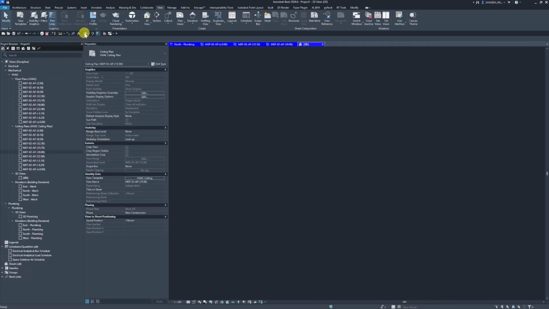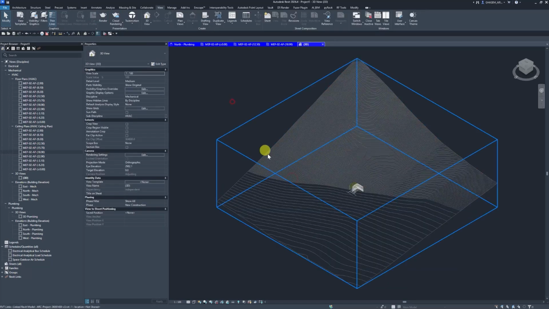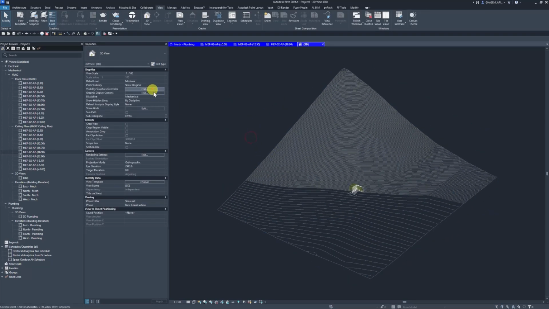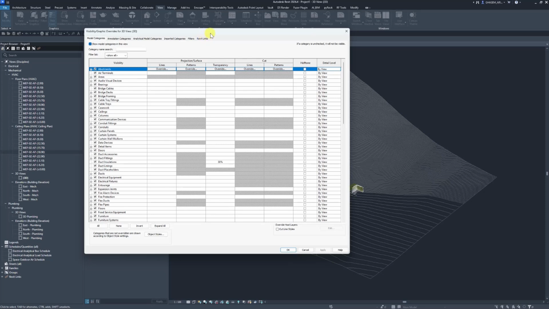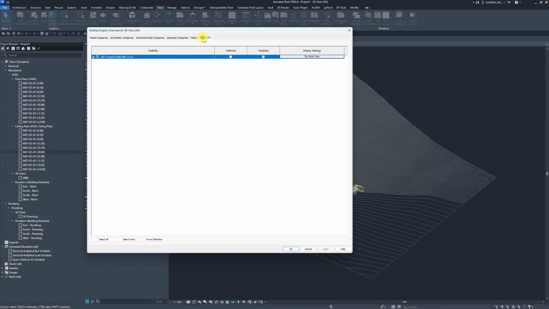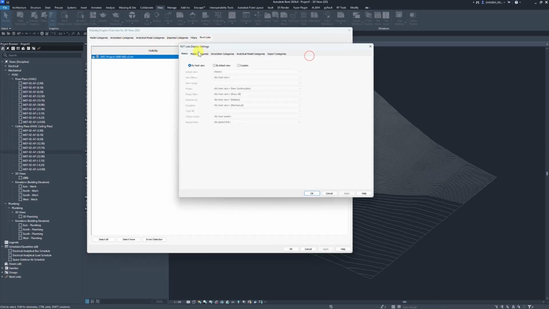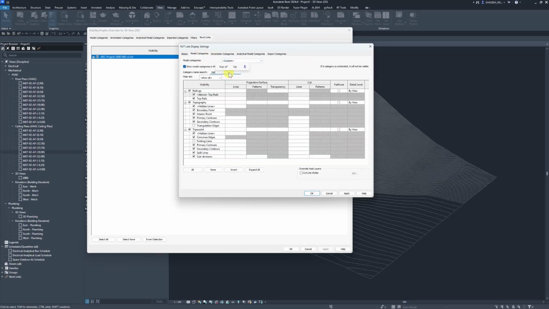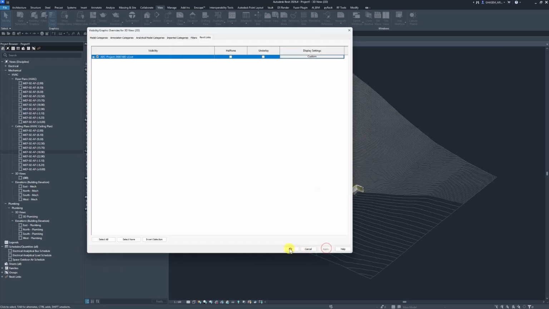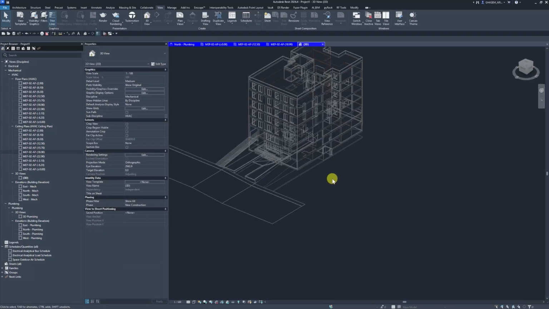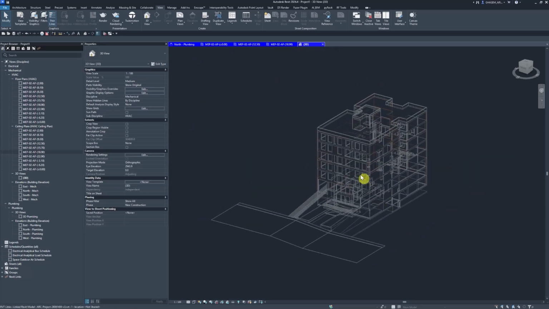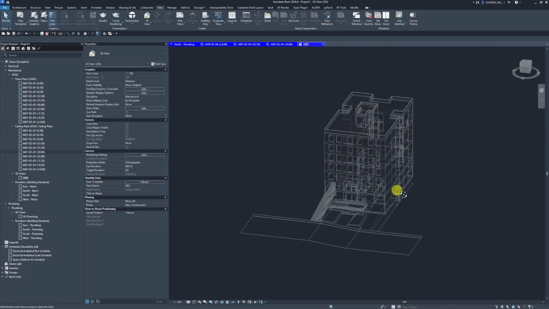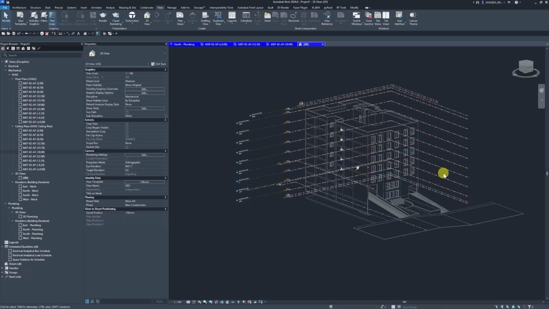All right, guys. Next up, I'm going to enter the 3D view. Then open up visibility and graphics one more time. And again, from Revit links, I'm going to set this up. Select custom here. Model and custom again, as well. And I'm going to turn off both topography and topo solid. And this way, as you can see, we'll get this clean, general, and complete model that we can work with. And by that, guys, this file is basically ready for starting the